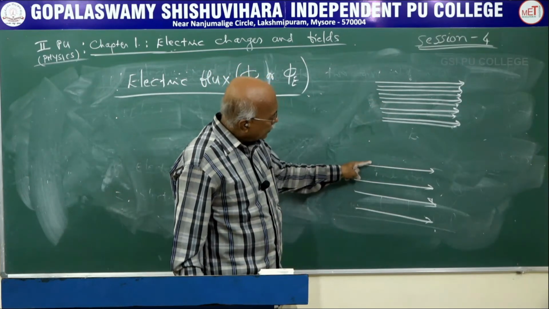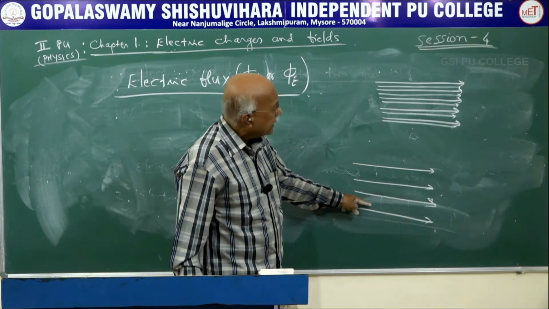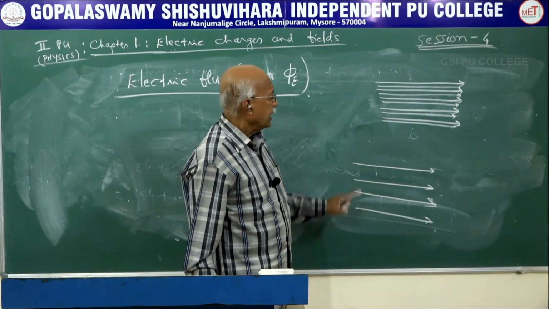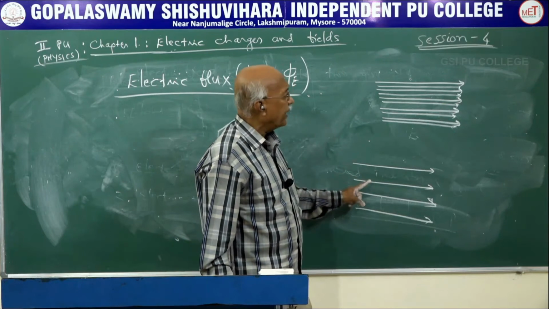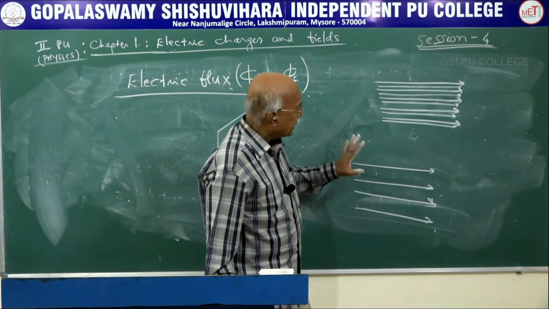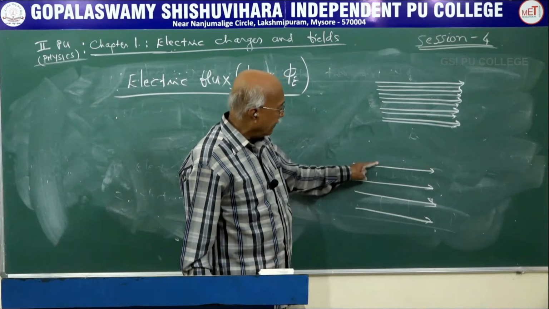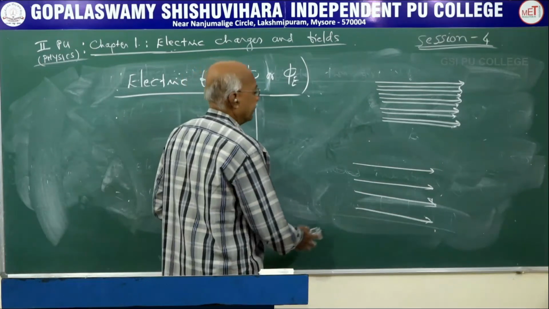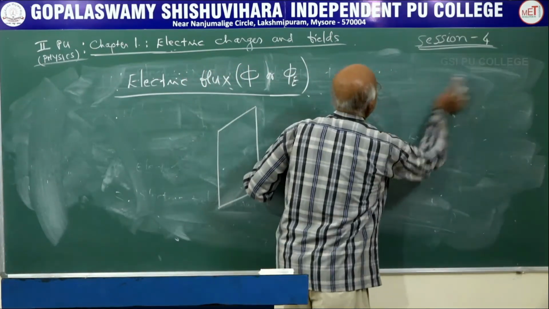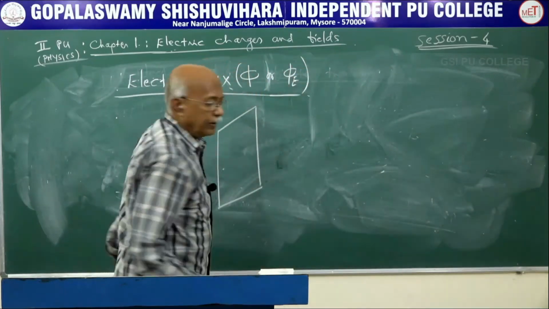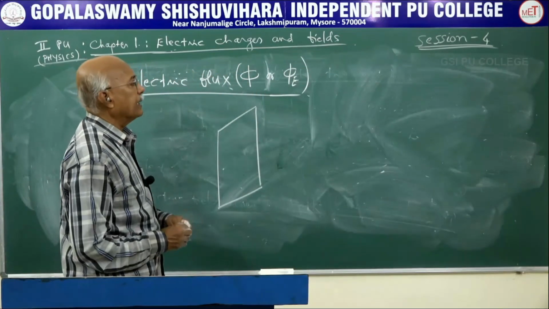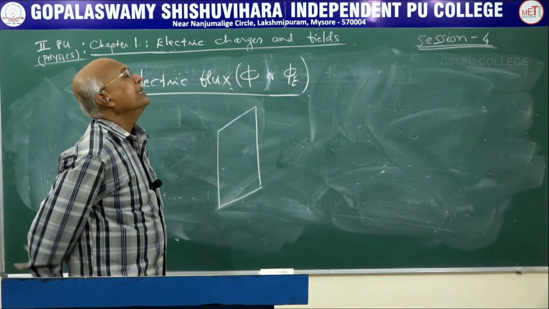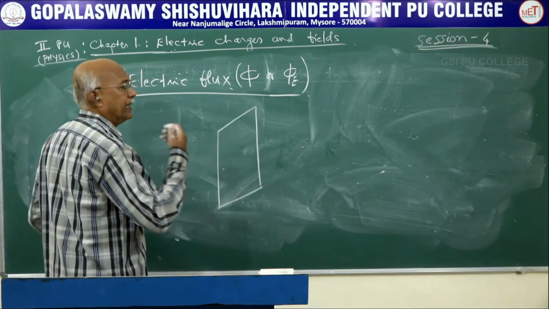If you look at this, we have drawn only parallel lines. Parallel lines indicate a uniform electric field or uniform magnetic field, but the distance of separation is more. In order to indicate that, though it is uniform, the field is not strong, we pictorially represent it by drawing parallel lines with a larger distance of separation. When the lines are parallel and the distance of separation is less, it indicates that the electric or magnetic field is very strong; when it is more, the field is weak.